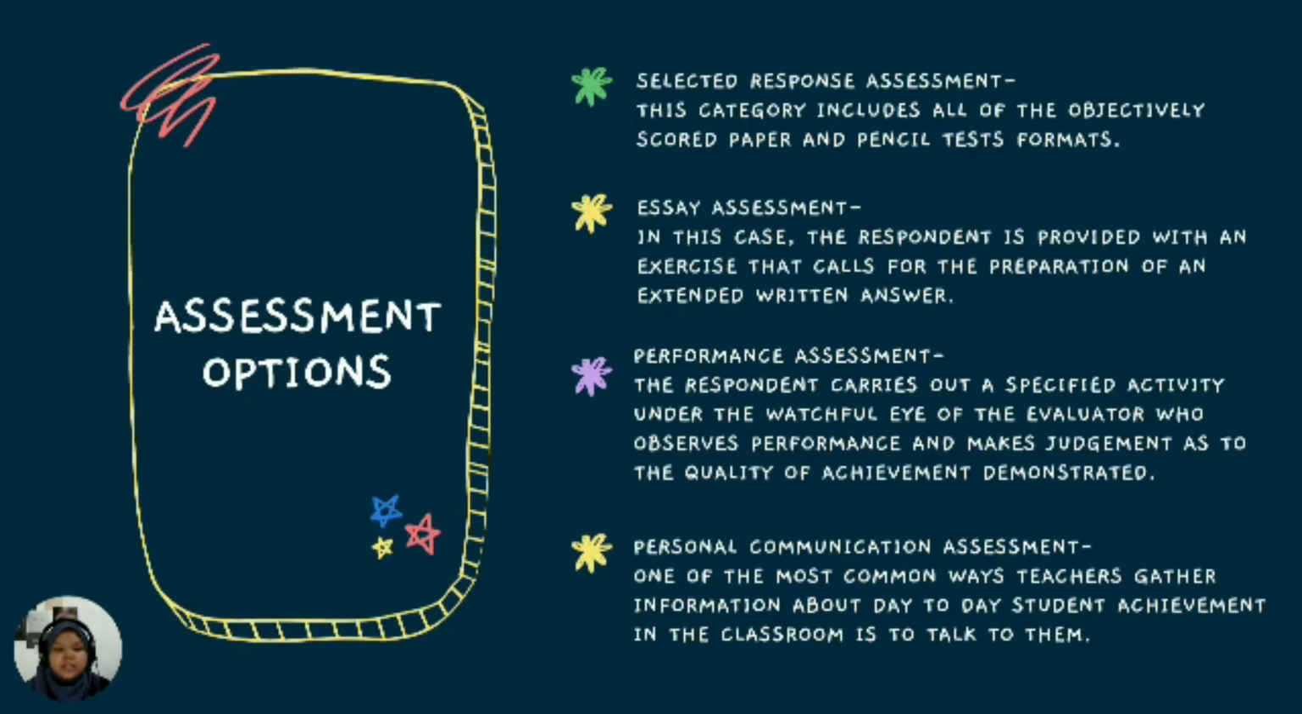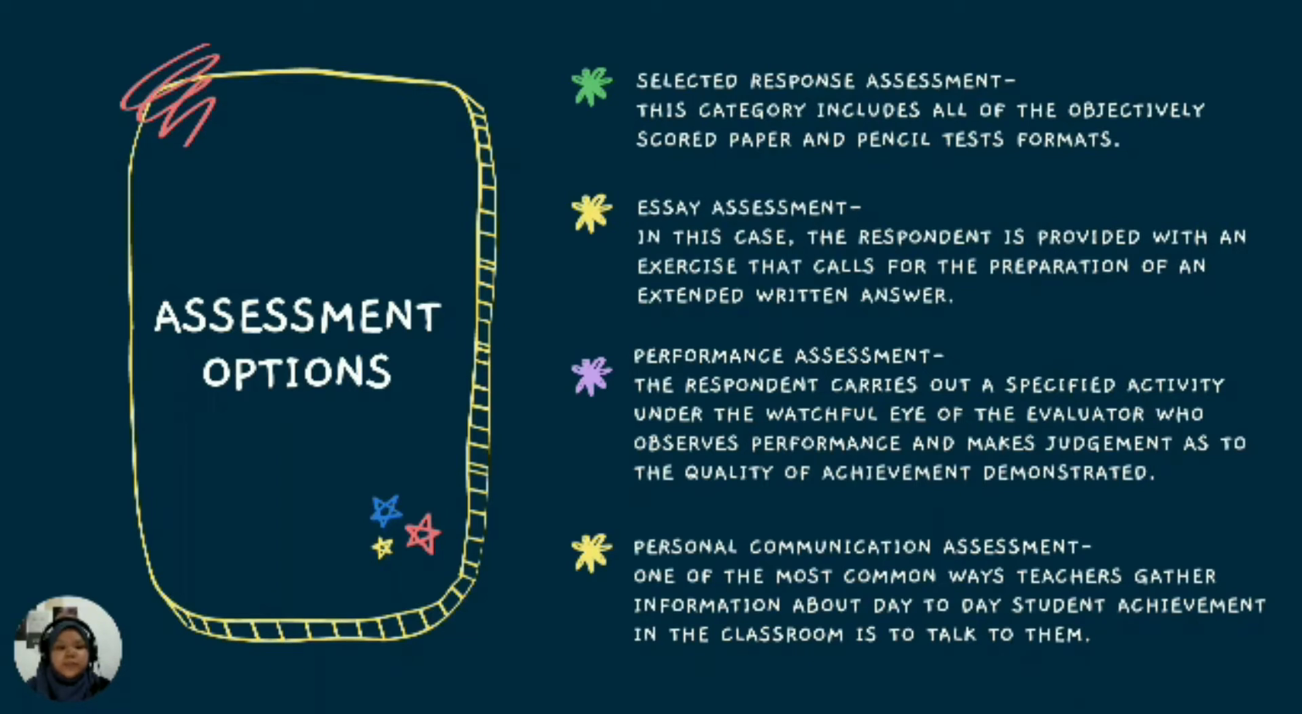The third one is performance assessment, where the respondent carries out a specified activity under the watchful eye of the evaluator, who observes performance and makes judgment as to the quality of achievement demonstrated. The last one is personal communication assessment. One of the most common ways teachers gather information about day-to-day student achievement in the classroom is to talk to